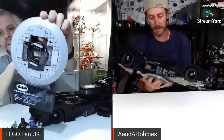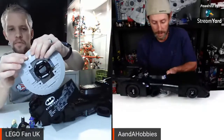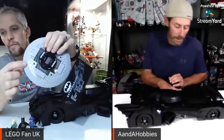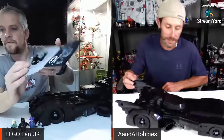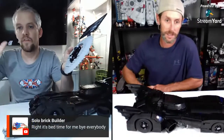But yeah, we'll show you guys a stand. That's quite a good stand. I remember these pieces from one of the sets, is it the Earth Defense or whatever the sets are called? Quite old ones, and I've got a few of them with printed pieces on it. Well, it's funny because if that Roman Colosseum set comes to fruition as well, that's a set that I'd be